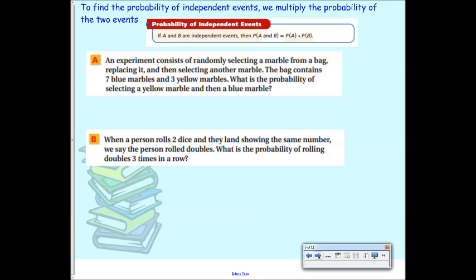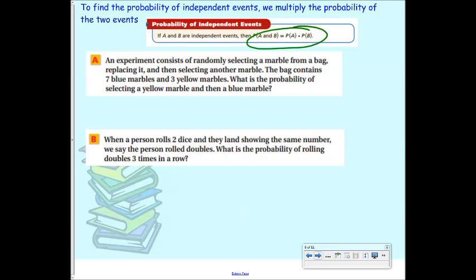Okay. So to find the probability of independent events, we multiply the probability of the 2 events. So that means if you say, I want to do an experiment, I want to flip a coin 3 times, what is the probability that I end up flipping heads every time? You multiply the 2 probabilities. The way this is written is like this, where P stands for just probability. So the probability of A happening times the probability of B happening, where A and B are just your 2